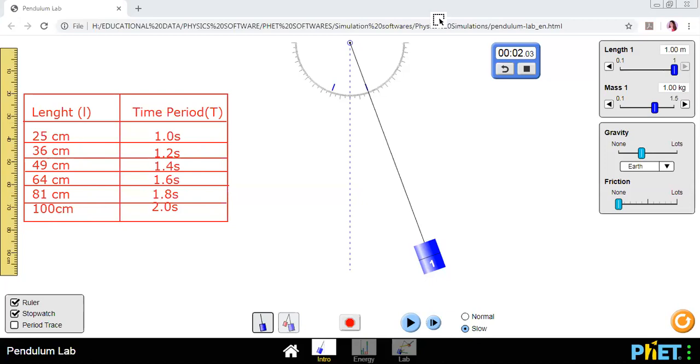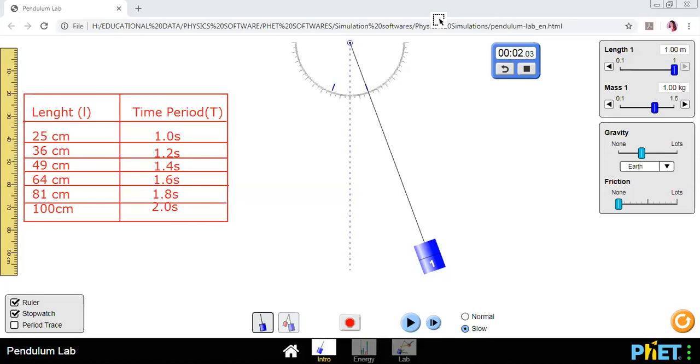Tanushri has said, more the length, more the time period. Nidhi has said, sir, how come it is exactly 0.8? That is what we are observing. This is what we have observed. When you perform this experiment in the lab, beta Nidhi, you will come to know this will be your reading. So this is what we have observed.